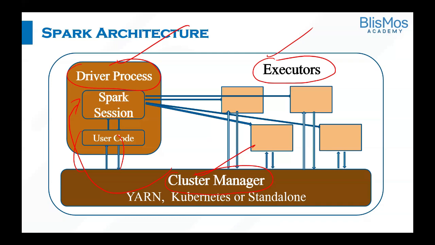Okay. So, two-way communication is good in Spark as well. Here, cluster manager talks to driver process, and in turn, driver process communicates with the cluster manager. And executors talk to cluster manager, cluster manager talks to executors. The same is the case between driver process and executors. So three important components: driver process, executors, and cluster manager. Let us understand them one by one.